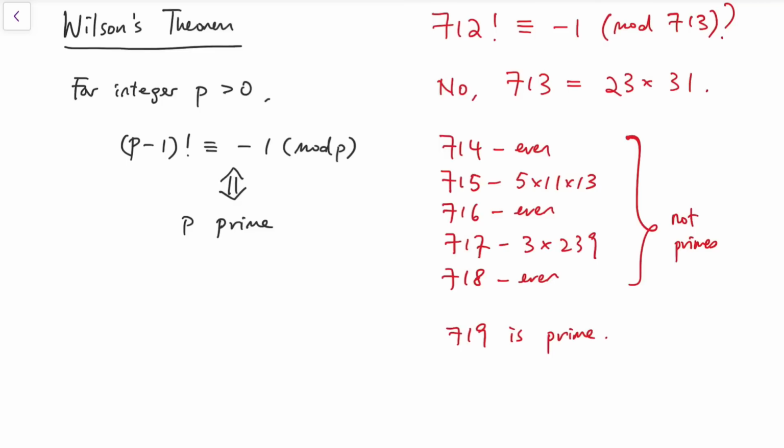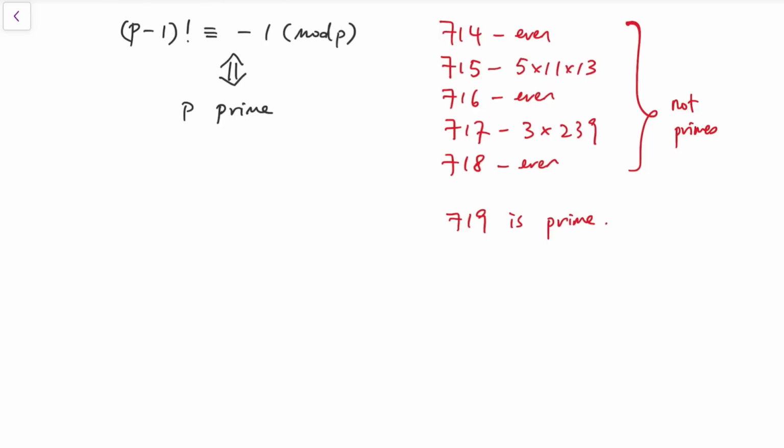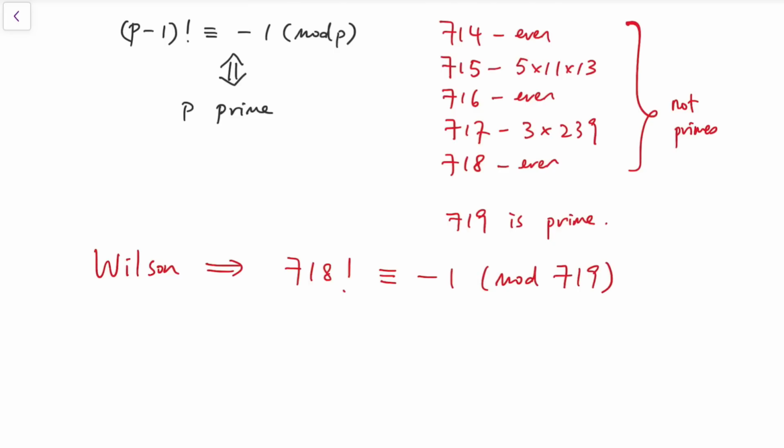We can verify this by checking all the prime numbers from 2 to the one closest to the square root of 719, which is 23, and they all do not divide 719, so this number is a prime number. But from this fact, together with Wilson's theorem, we can only say that 718 factorial is congruent to minus 1 mod 719,